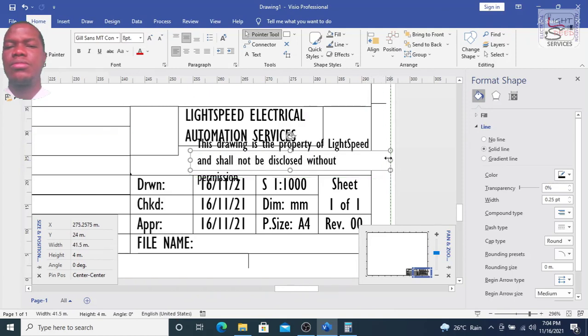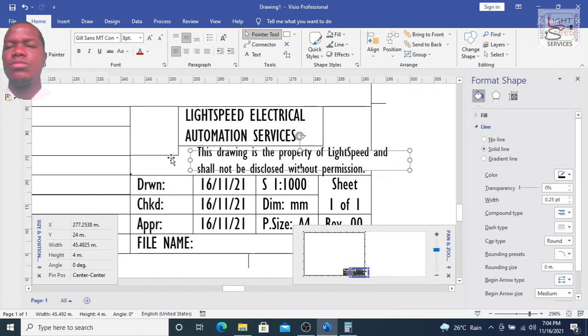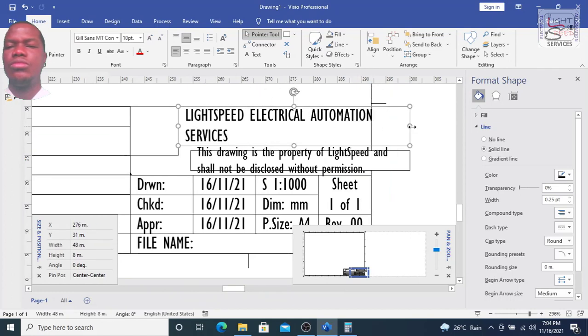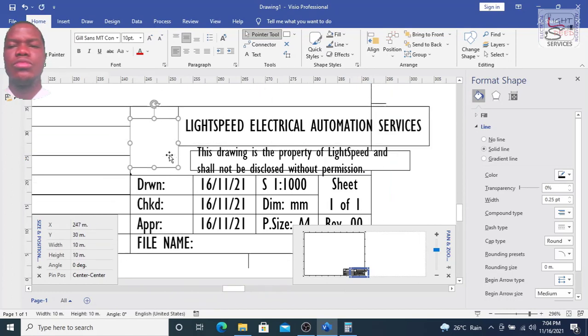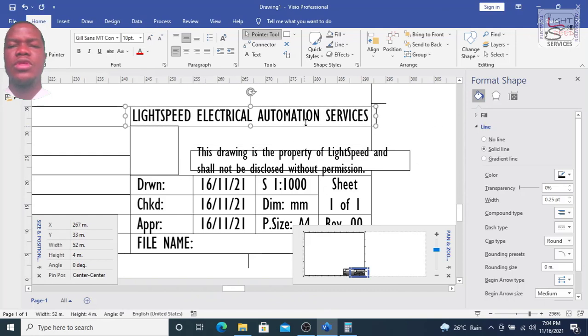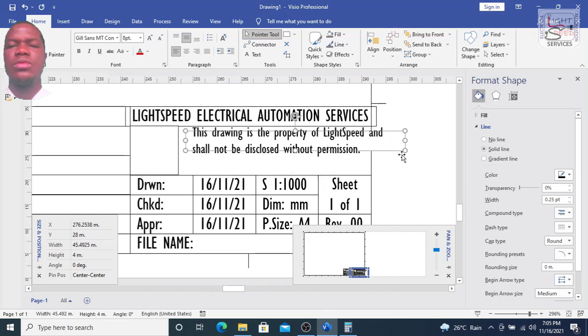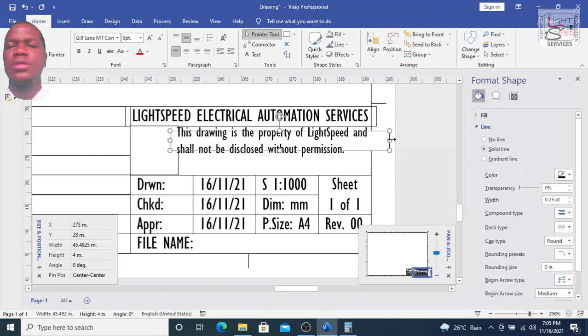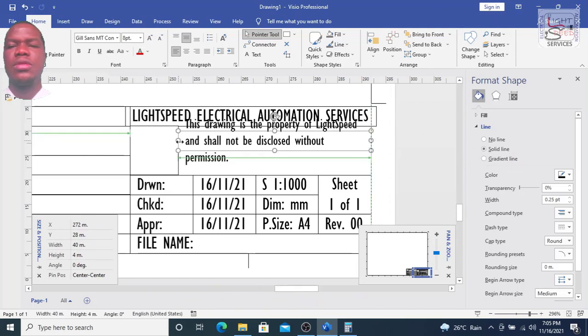Then, okay, bring down the logo, look up Lightspeed, and here this.